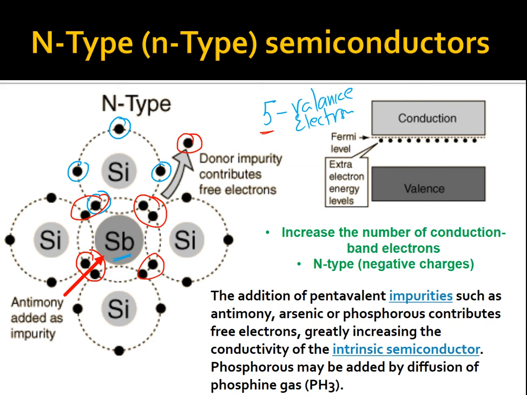Okay, so overall, we are getting free electrons in the structure of the material by adding pentavalent materials. When we get more free electrons, meaning negative charges, the number of conduction band electrons is higher. So it increases the overall number of conduction band electrons. As we have more free electrons, such materials are called n-type